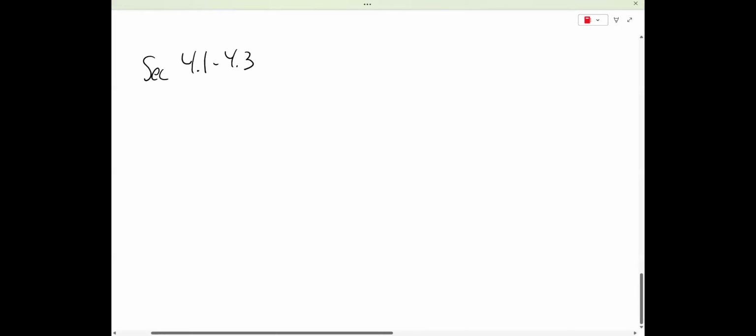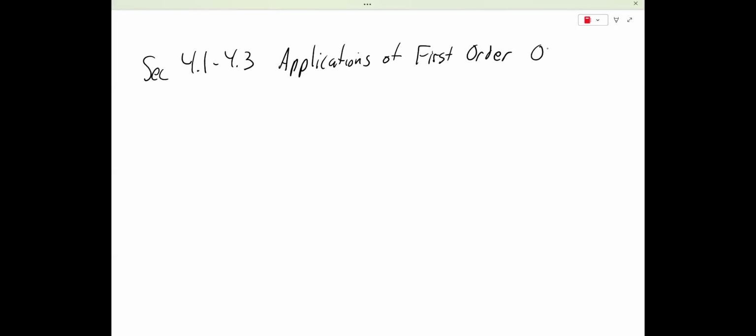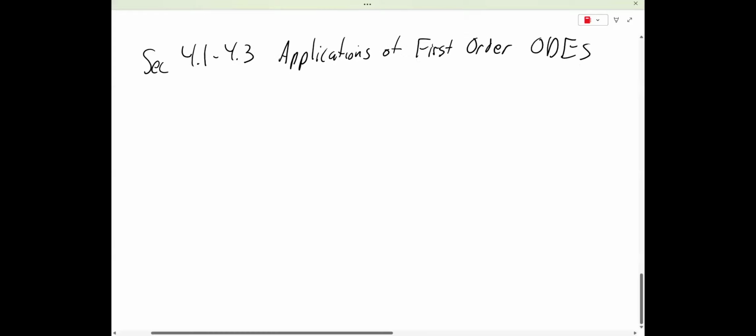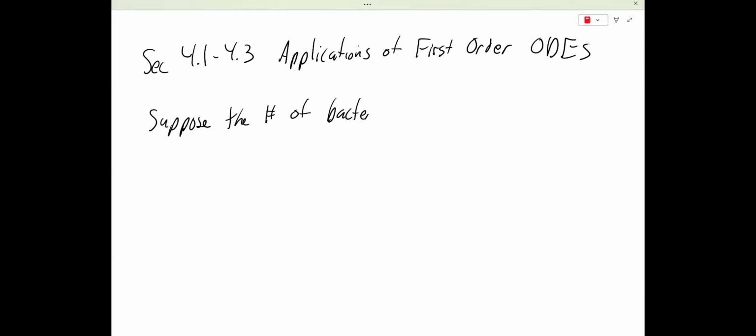and we're not going to get through all this tonight, but here are some applications of first order ODEs, ordinary differential equations. Okay, and we're going to start with a simple or easier one here, and then we'll get fancier as we go. Let's say we have this here. Right, so suppose the number of bacteria in a dish